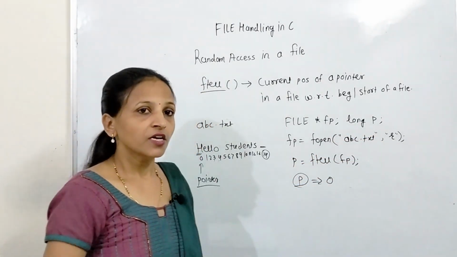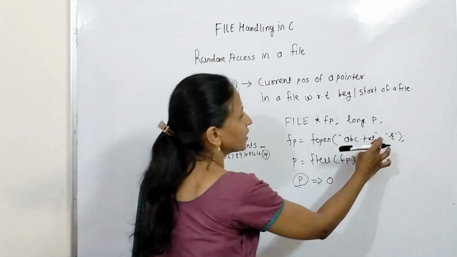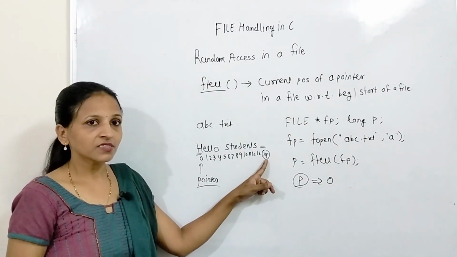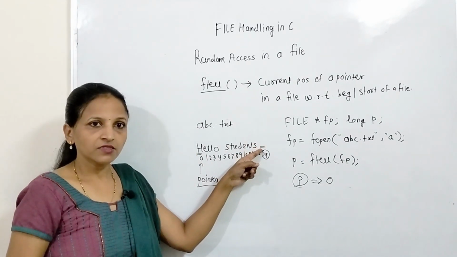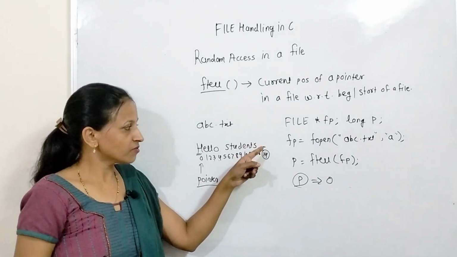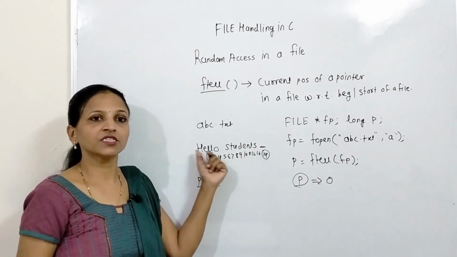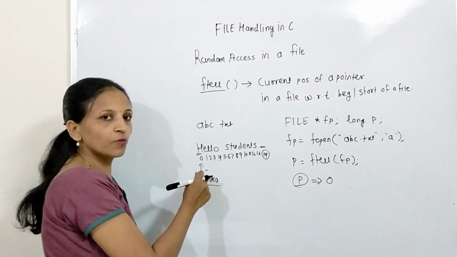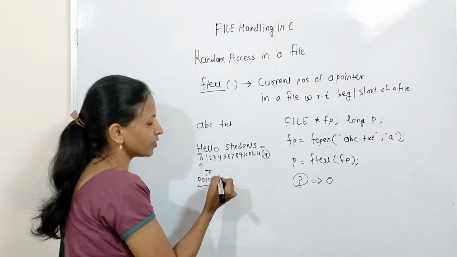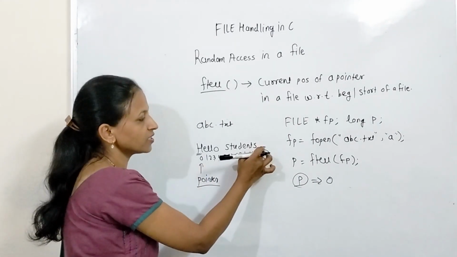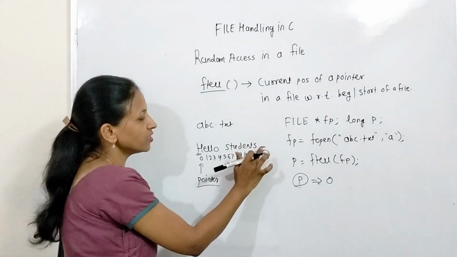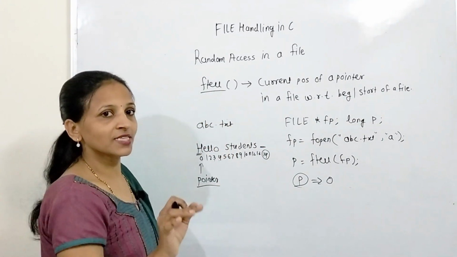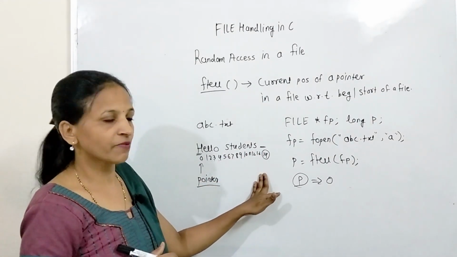in read mode. Now let us see, I am opening that file in append mode. If I open that file in append mode, then of course the file pointer will be at the end. Here I am not considering that there is a slash n at the end of this string, because if there is a slash n, then the cursor will be at the beginning of the next line. Here the string is like this, only the file contents are like this. At the end we have not inserted slash n while writing that file, while creating that file.